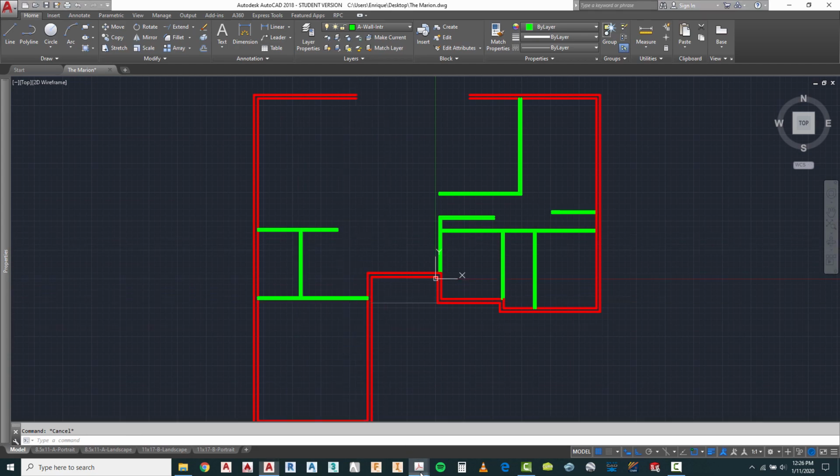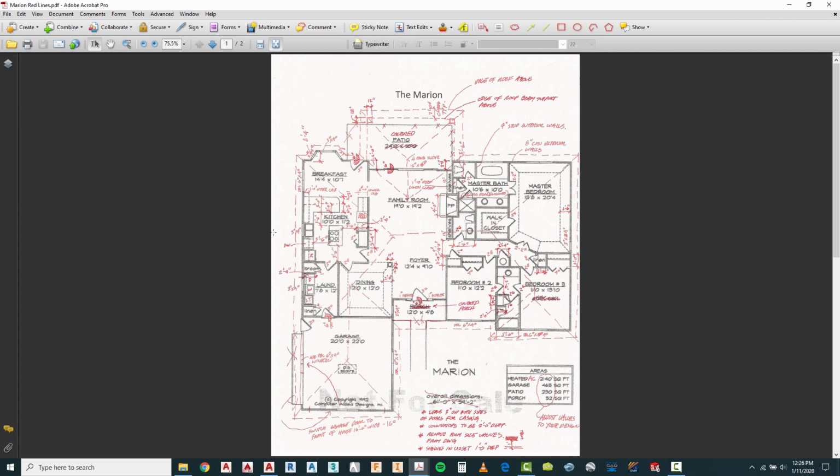Let's take a look at some conflicting dimensions that they have on the drawing in here. They give you a dimension for the kitchen that's 10 foot by 11 foot 2. To me, that never made much sense because they're actually giving you a dimension from cabinet face to cabinet face. You never dimension anything that way. So what we're doing is we're going to look at other clues in terms of where this wall is located